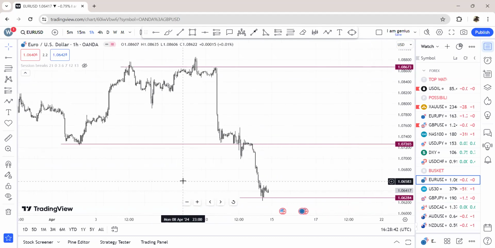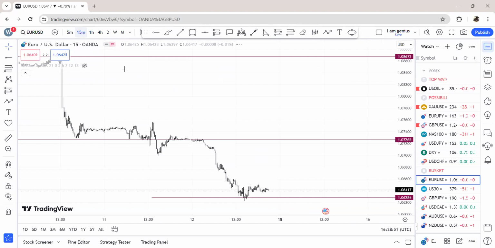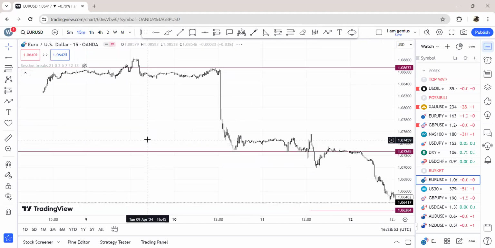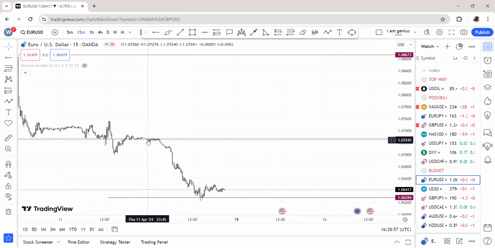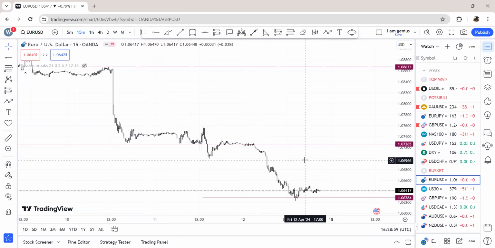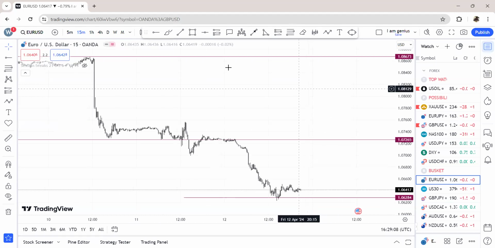So after you have that, the next thing you want to do is, and this by the way is on the H1, the next time frame I want to look at is the M15. This is where I take my trades from. So then what I'm going to do here is very simple. Since overall we know that the market is in a downtrend, so what I would love to do now is